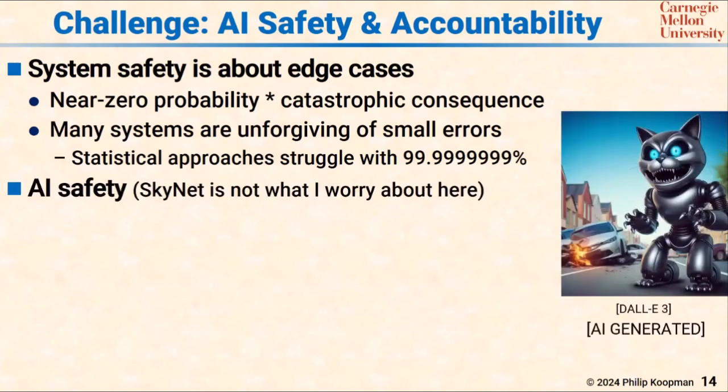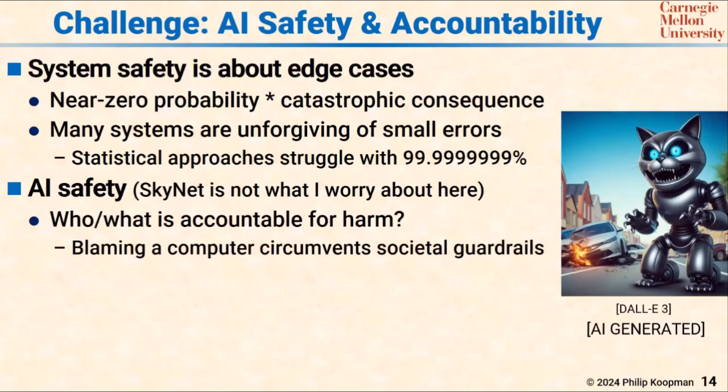But I'm not worried about Skynet. I'm just not. That's not what I'm worried about. I'm worried about three themes for AI safety. The first is, if you build an AI, and when I say AI, I mean machine learning, but I'll use AI for short. When you build an AI system and trust it to do things,